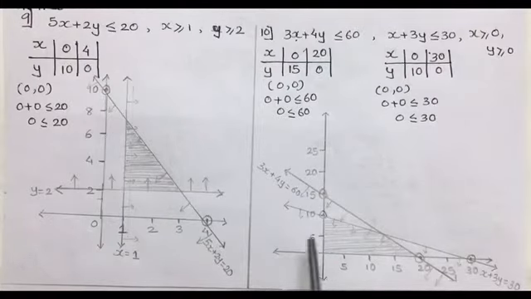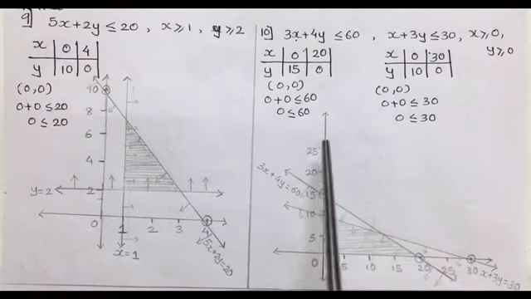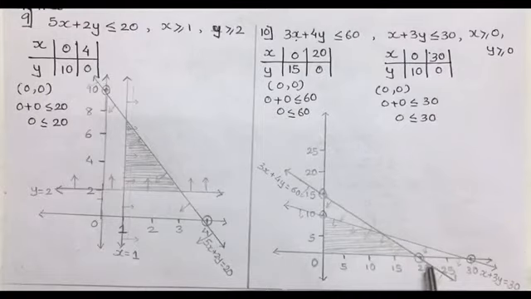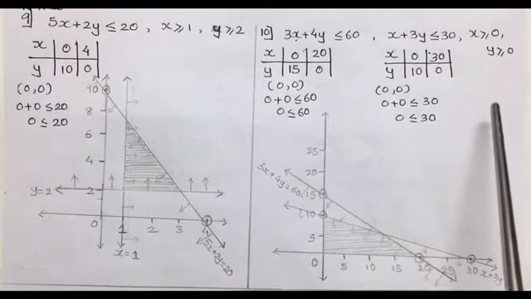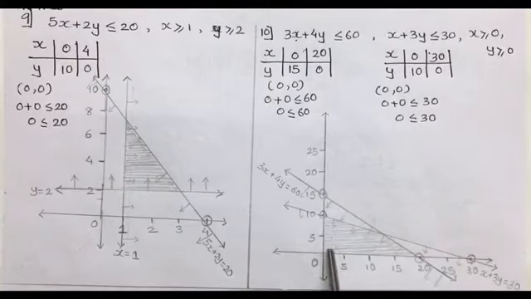For that, for both the lines we will select (0, 0). Both the lines satisfy the point (0, 0). So the shaded area will be towards 0 for both the lines, and as it is only for the first quadrant, this is going to be the common area. We cannot take it beyond the first quadrant while shading it. So this is the common area for both the lines.